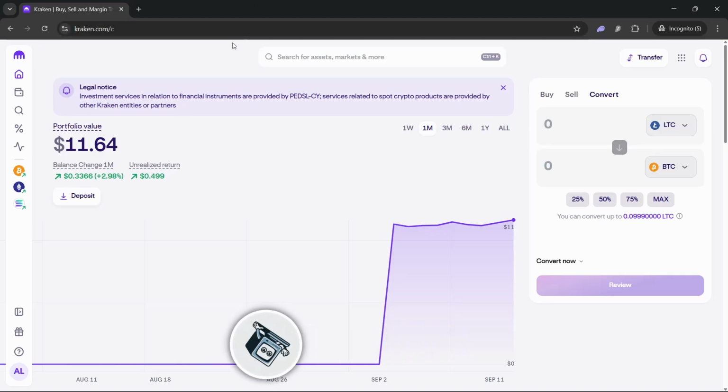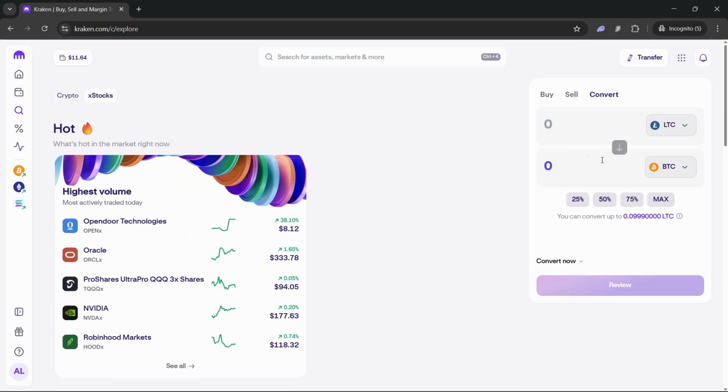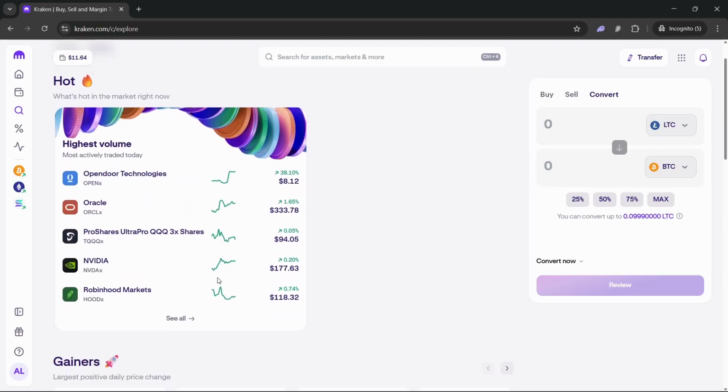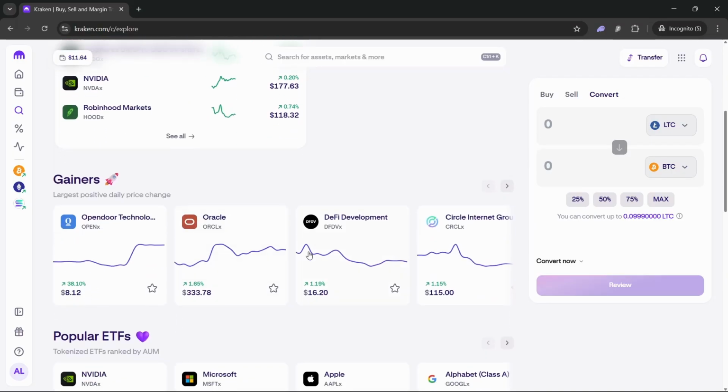So basically, Kraken has just released their new xStocks. If we go to explore, we can see how they have stocks now. Those are basically digital tokens on the blockchain that will represent the real price of the actual stocks on the